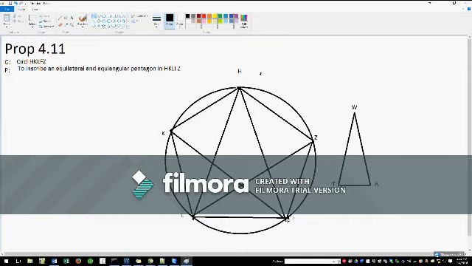Good. Michael? Pretty good. You kind of wondered about that long Prop 10 where he's creating that special isosceles triangle. You kind of wonder what it's for, right? Yes, it's probably for this. Just like in Book 2, I was wondering what in the world Prop 11 would be used for, to cut this straight line so that the rectangle